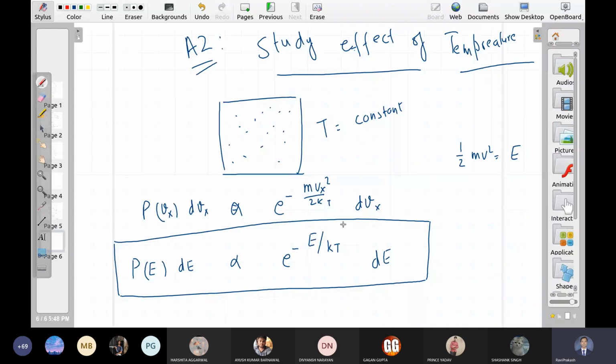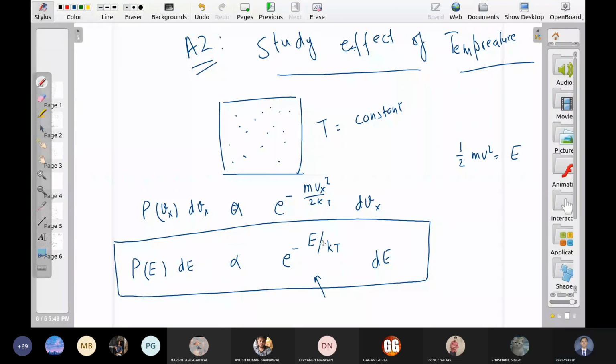So the distribution is completely defined by this temperature term. If temperature is 0, then it is possible that all the particles are moving in the same direction, because now there is no thermal fluctuation in it. Particles will go wherever you force them. But if T is not 0, then they collide with each other, they fluctuate, and they follow this distribution. So we will also apply the same thing.